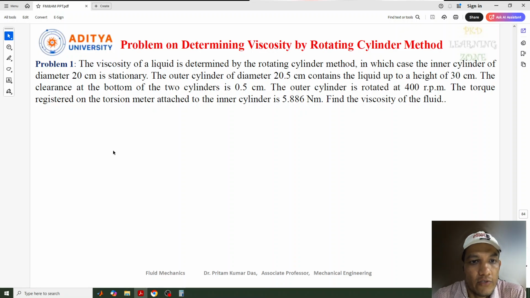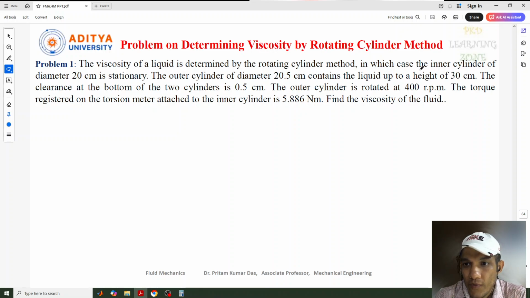In this lecture, we'll solve a problem on determining viscosity by the rotating cylinder method. In our last lecture, we already discussed the theory part and the derivation of the rotating cylinder method. So in this lecture, we'll discuss a problem on that. The problem I have taken here: the viscosity of a liquid is determined by the rotating cylinder method,